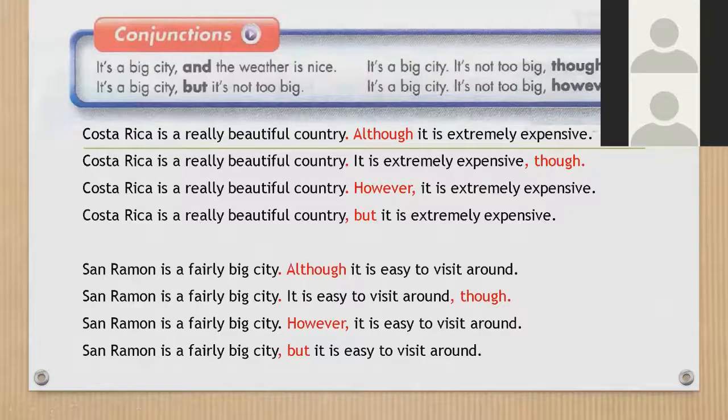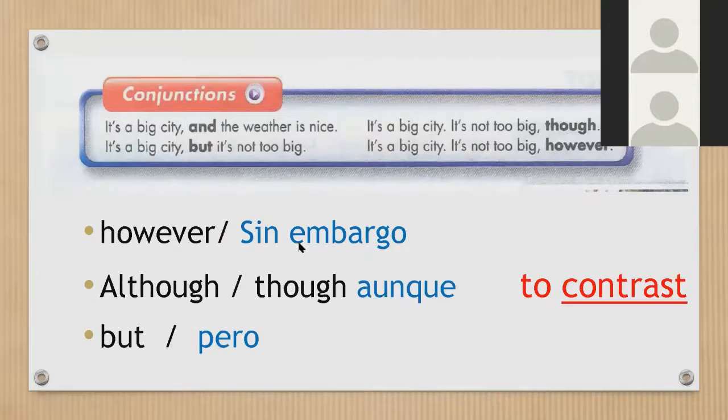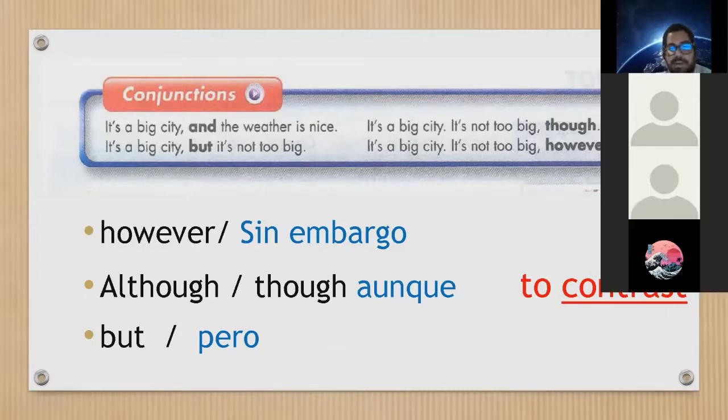Les decía yo a los chicos que el problema de este tema que viene en el libro es que el though, no sé si te fijas, viene al final. Y eso suena súper extraño. El though, como puedes ver acá, significa aunque, right? Pero no sé si te fijas que eso sería como, it's a big city, it's not too big, though. Sería como, no es una gran ciudad, no es muy grande, aunque. Suena súper extraño, right? Suena súper extraño si lo traducimos. Because of the Spanish, por el español.